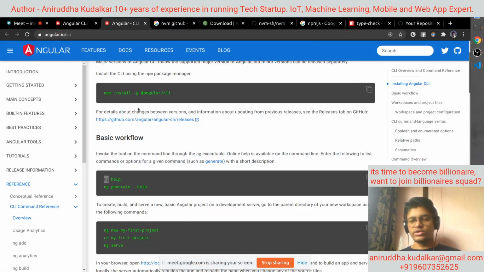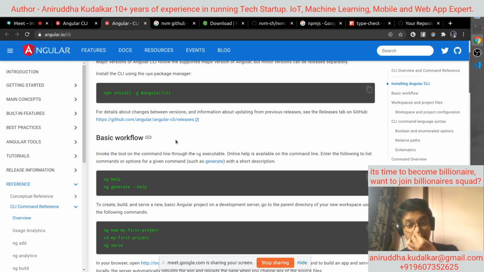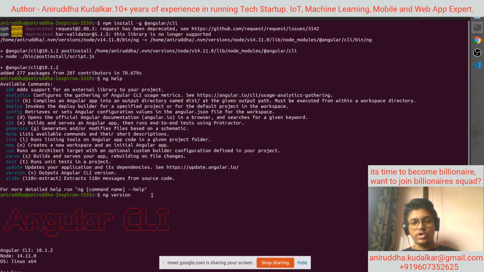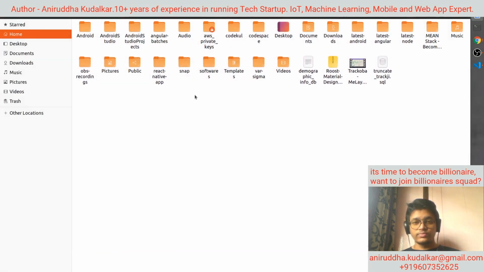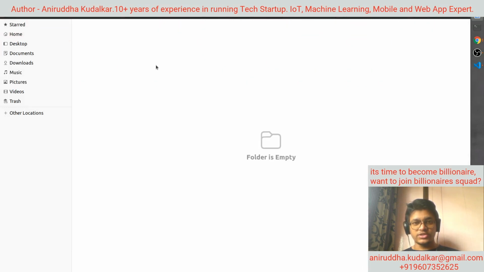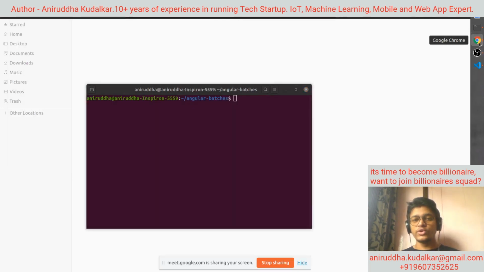Now we are discussing Angular CLI. We have installed the Angular CLI properly. We are checking that the ng package has been installed properly or not by means of the ng help command, and it has been installed. Now I want to work on the Angular batches, and here I can open the terminal, right? And before doing anything,